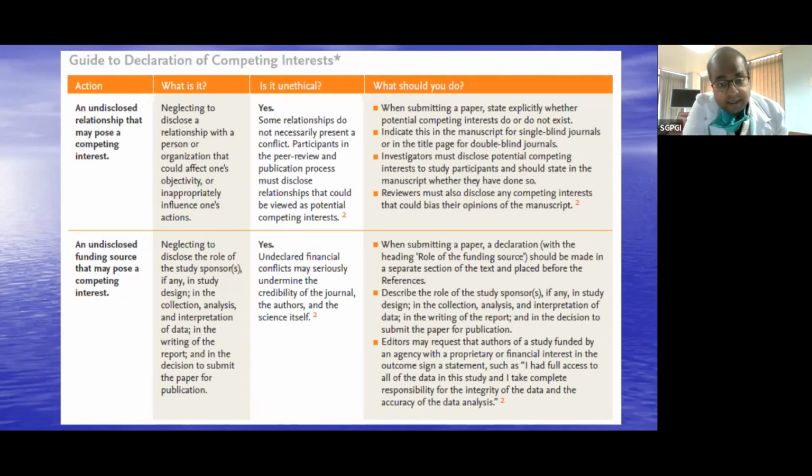The second important thing is that if you're writing a paper and you have a link with the pharmaceutical industry or any industry which is funding this research, or you have some commitment there, that should be disclosed at the start of the submission. And this is a guideline which is now routinely followed by all of the journals. So you have to declare that there is no competing interest in the study.